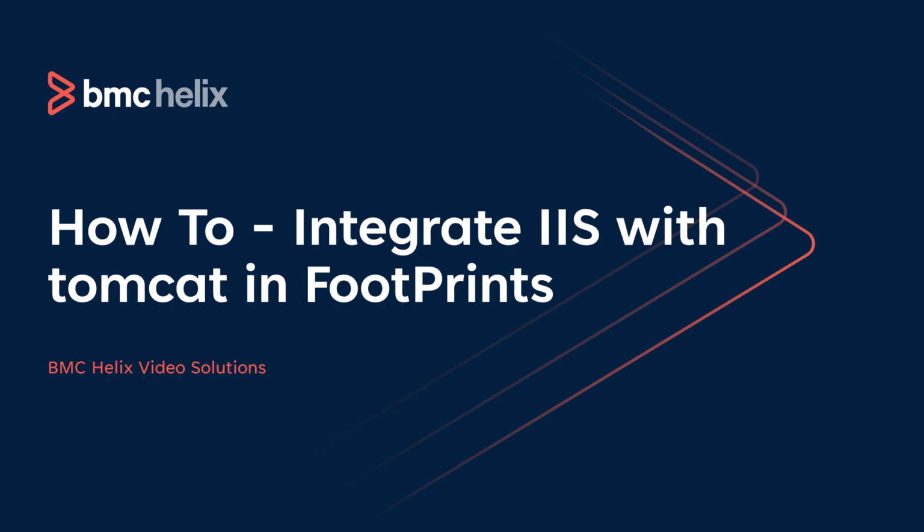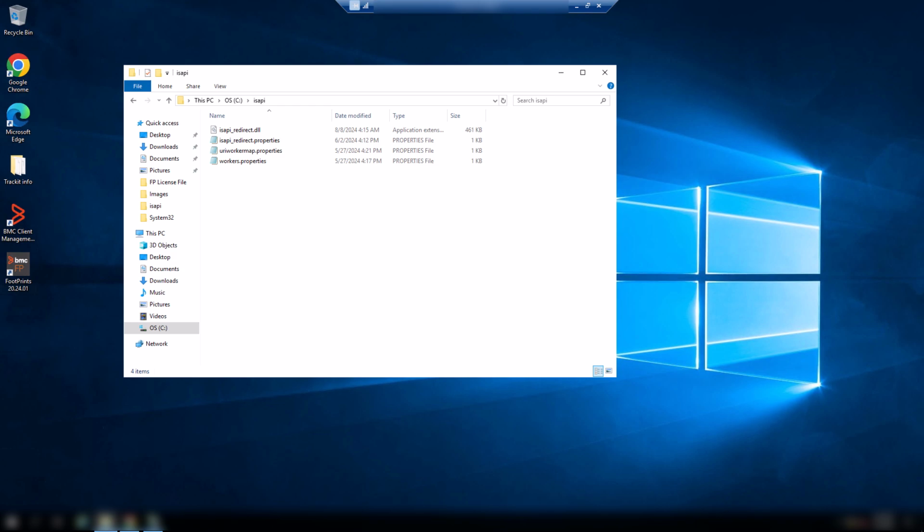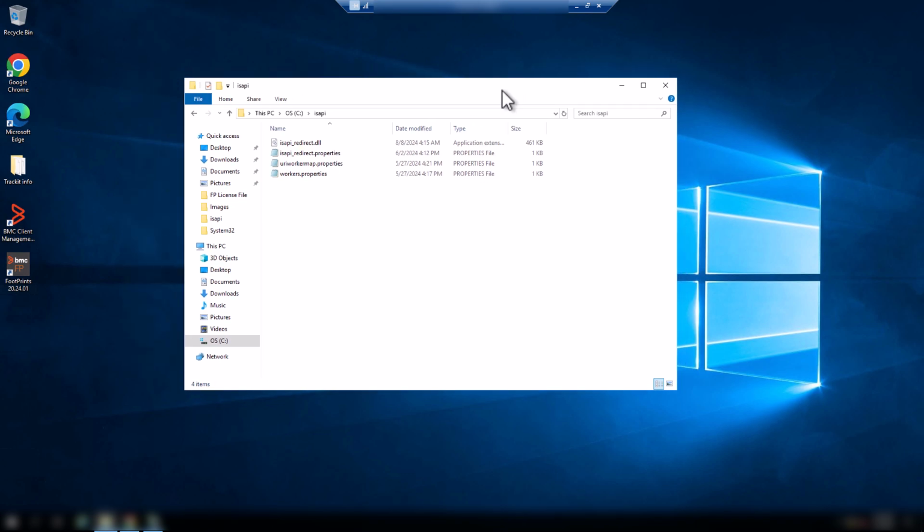Hello. Today we are going to learn about how to integrate IIS with the Tomcat in the footprints. Okay, let's start. First of all, you need to log in into the footprints application server and create one folder